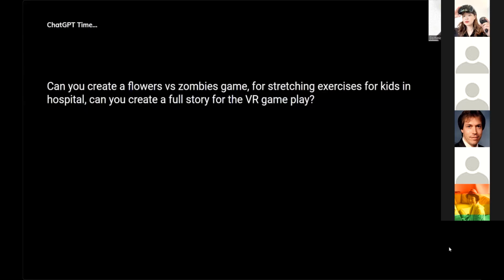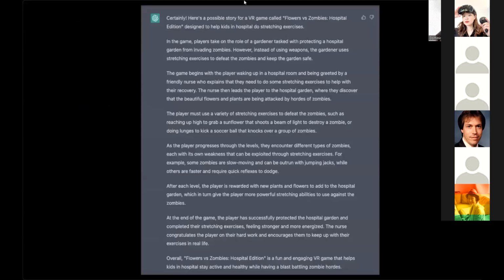So, ChatGPT time, right? Right now, everybody is trying to let ChatGPT brainstorm some ideas for us. For example, can you create a Flowers versus Zombies game for stretching exercise for kids in hospital? Or can you create a full story for this game, right? This is something that we might ask, right? And ChatGPT,